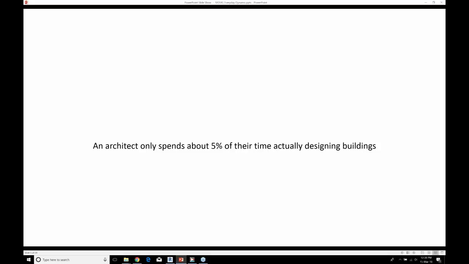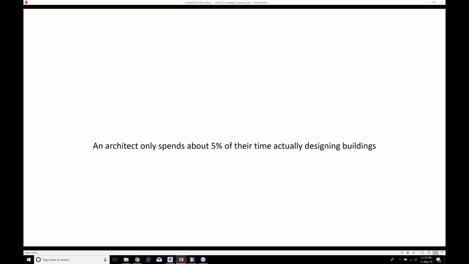So if we think about an architect, there's a well-known saying which says that the architect only spends about 5% of their time actually designing buildings, and I think that is pretty accurate.